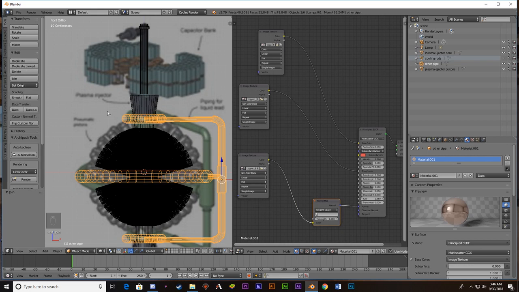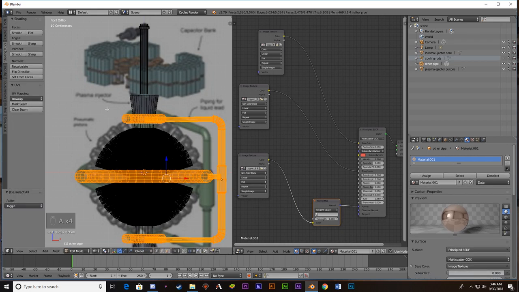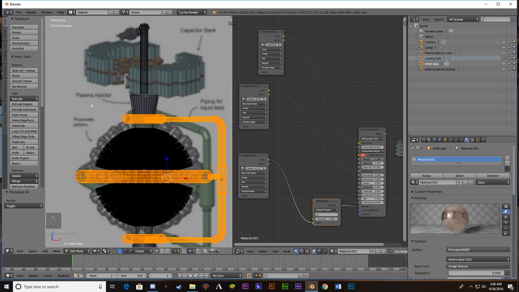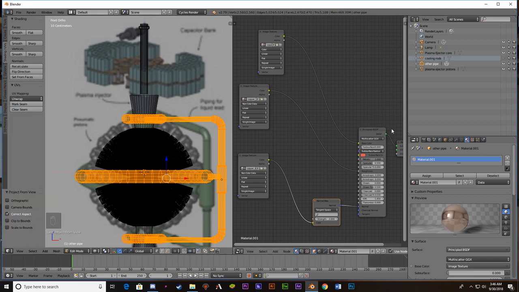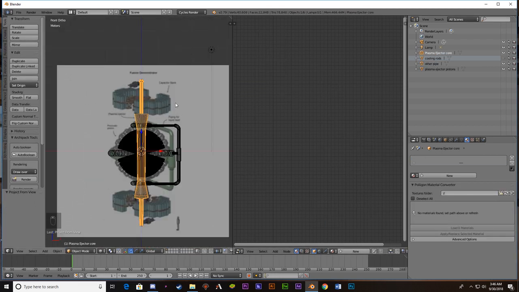And then we're going to pop over to Shading UV. Lost it for a second. Project from view. Alright. And then the ejector core. Now,